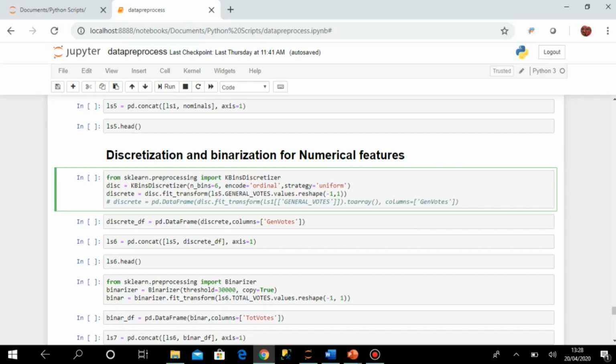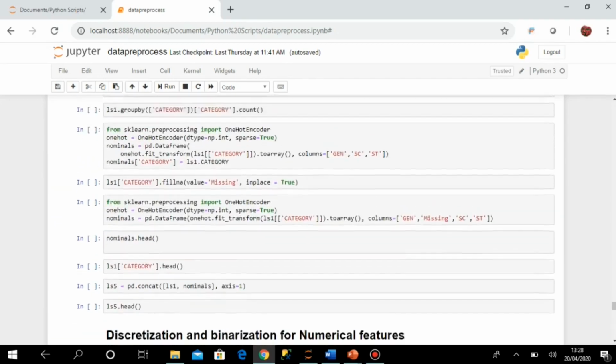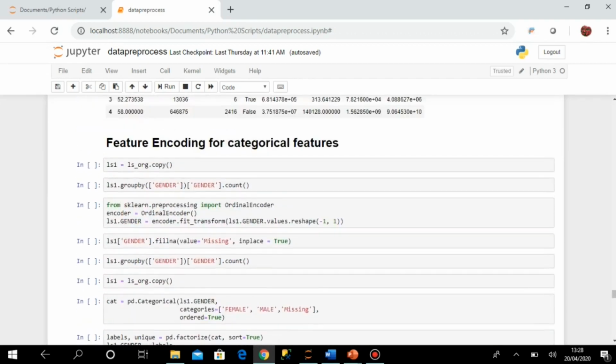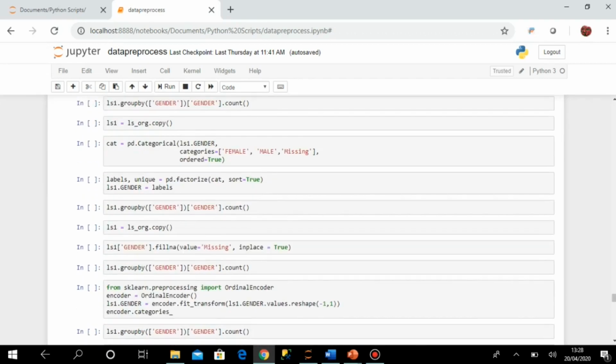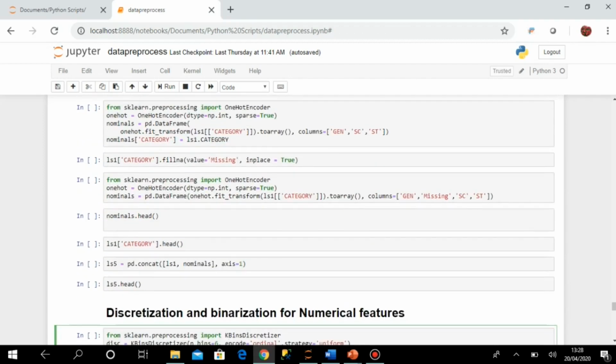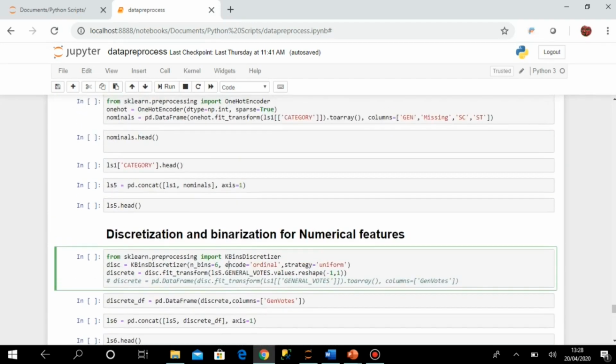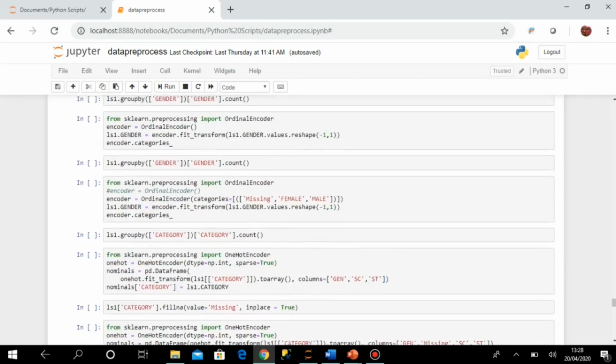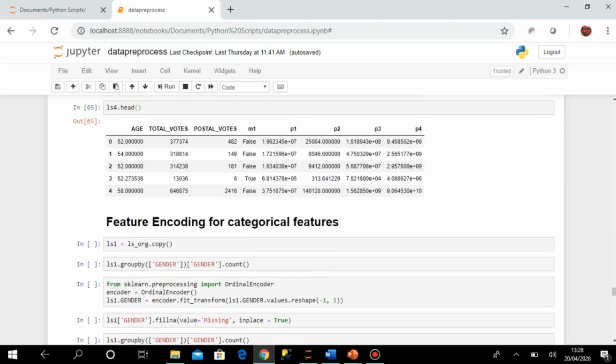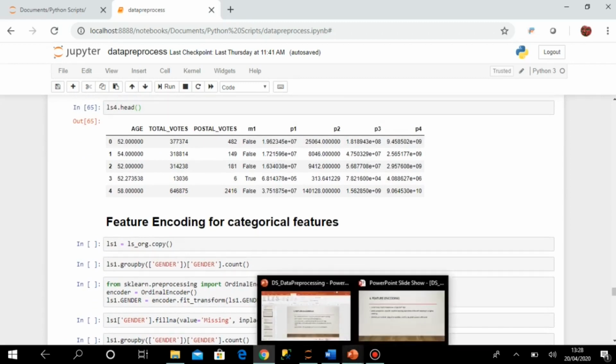And then I have created this discretizer, which uses the fit_transform method. I am calling it on ls5. Okay, so what is ls5? First of all, I have to generate the ls5. Okay, I can do it with ls1 as well, not a problem. Okay, so here, in this script, I have first done the feature encoding. So let us have the discussion on feature encoding also, and then we will come to that.